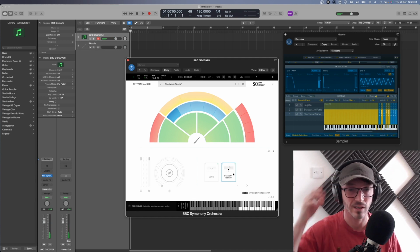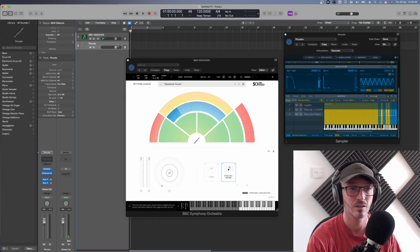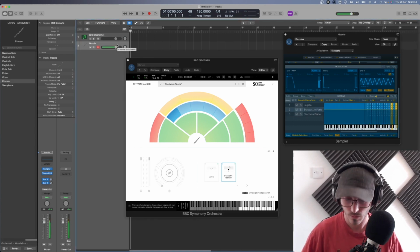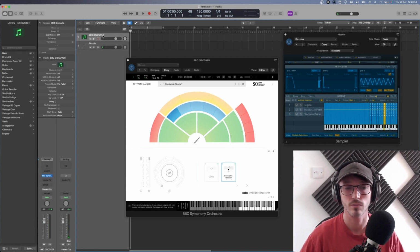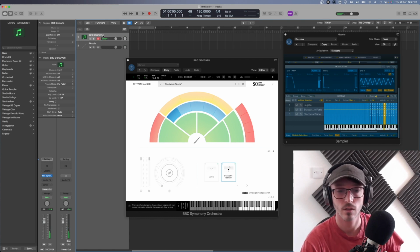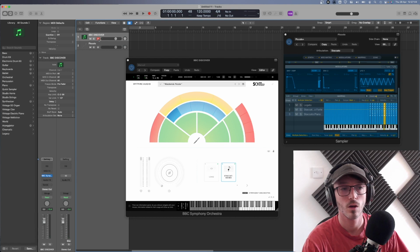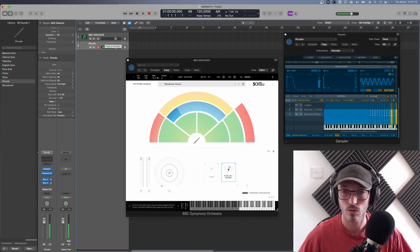Now, what I'm instantly noticing is we don't have that second sample for the forte. We just have the one sample. So even when we play nice and loud, it's still the same sample, we're just playing it slightly louder. While over here, I'm noticing I'm having to play an octave higher when it comes to the BBC Discover one to get the same sound effect. Otherwise, both are nice. BBC Discover has this really nice room, while if we look over here on Logic's own, it's